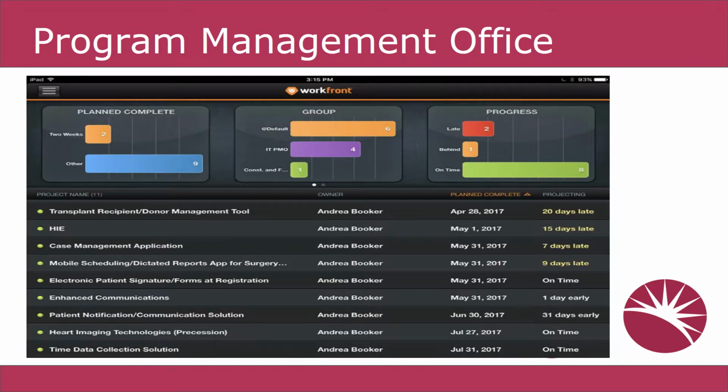In this slide, we'll talk about Program Management Office. The responsibilities is to create a comprehensive IT project and portfolio management service and support. This includes support to direct management of IT projects and operational or enterprise projects with a significant IT component, definition,